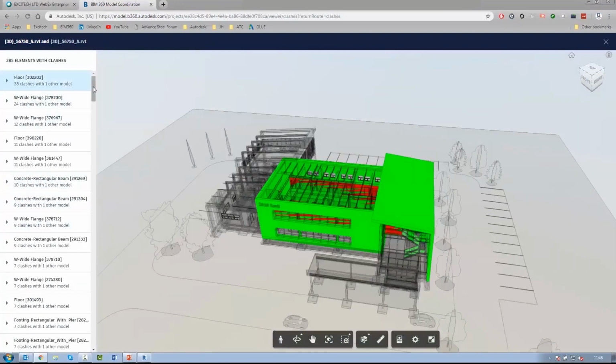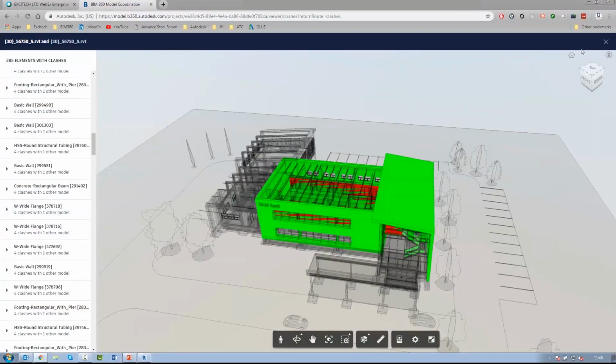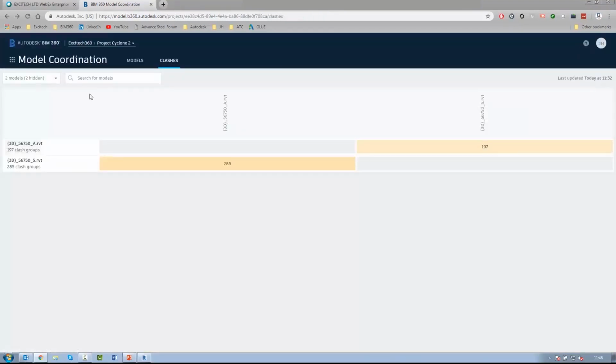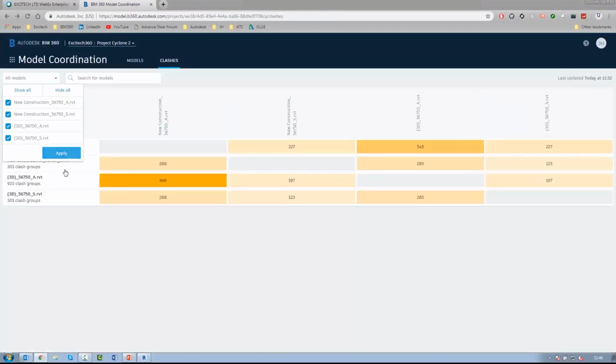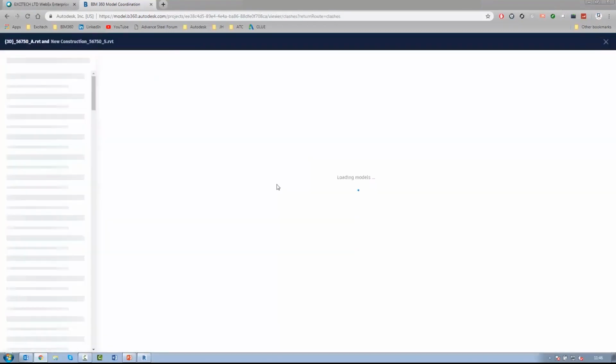So you can drill down, find all your clashes. If we come out of the clash check mode, we can go back, we can load in different models again, and again it will start to run. And let's run a clash check against the structure